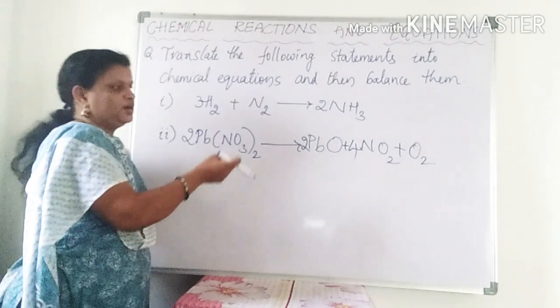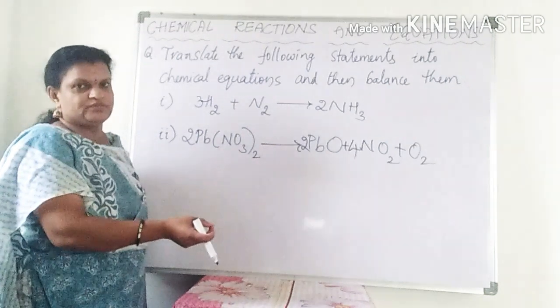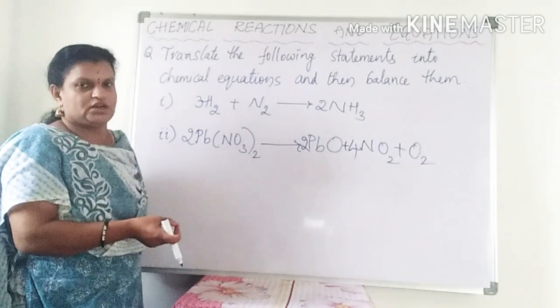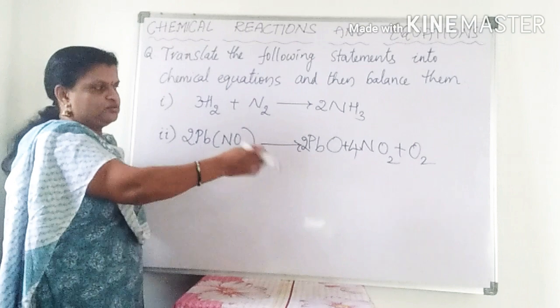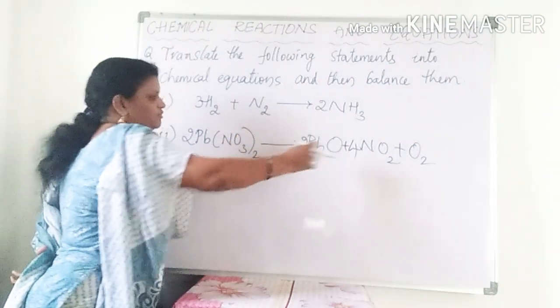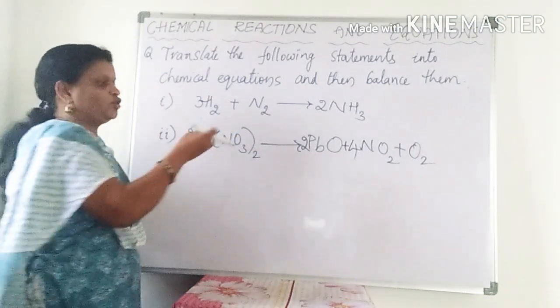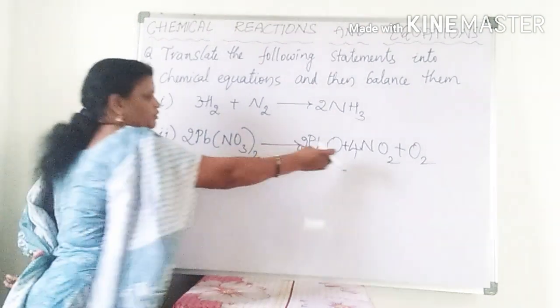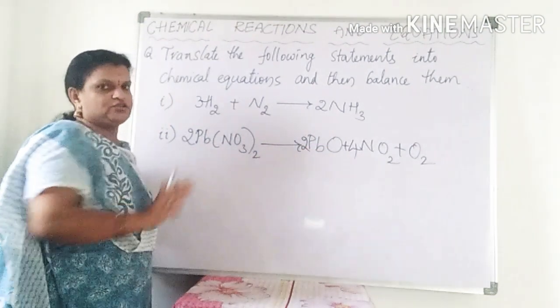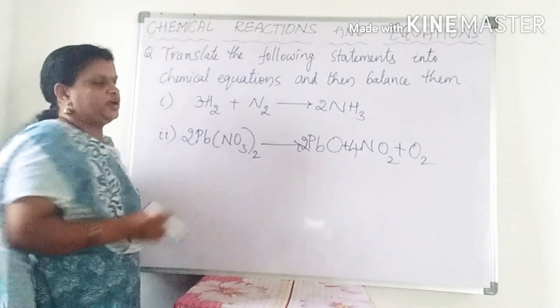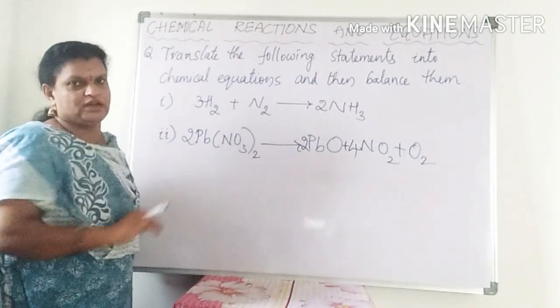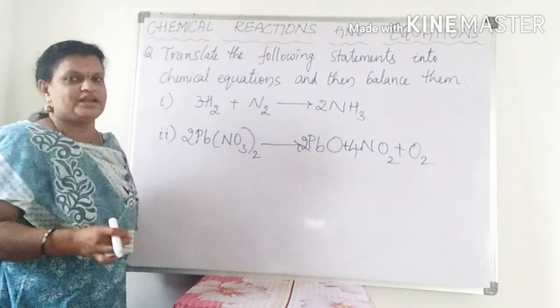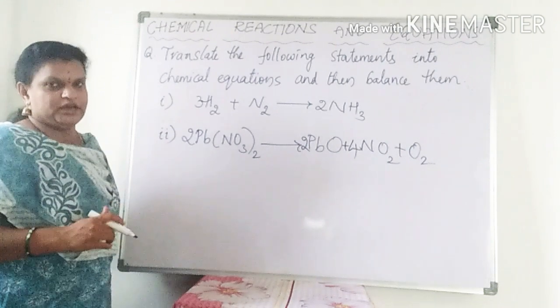So we have to write coefficients before the molecules and check whether it is balanced or not. After that again we have to check that the remaining atoms are balanced or not. If any coefficient we get wrong, like before where we wrote 2, by that nitrogens were balanced but the remaining atoms were not getting balanced. That is why we changed it. So we have to use this trial and error method for balancing.